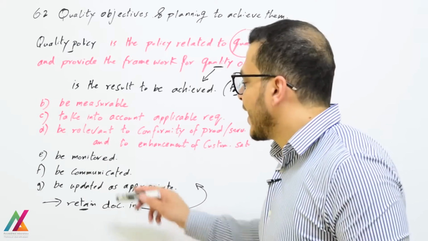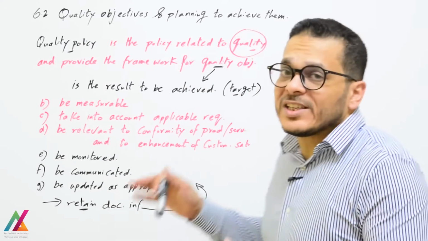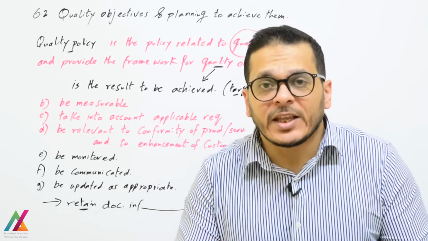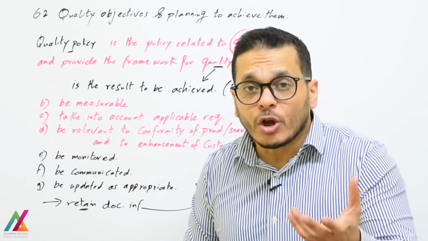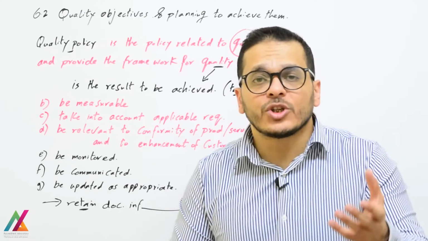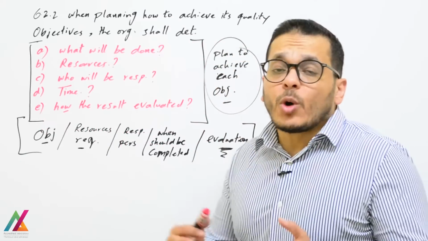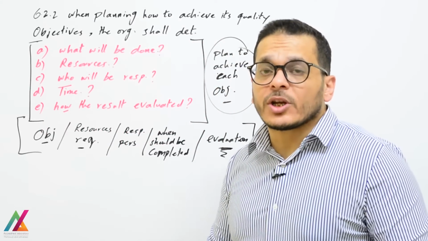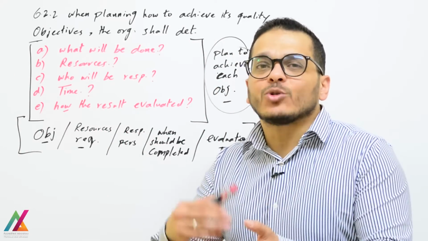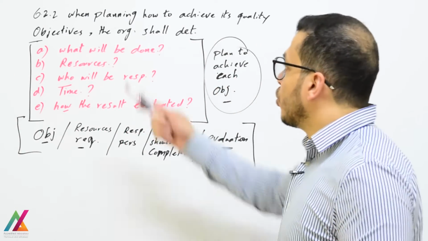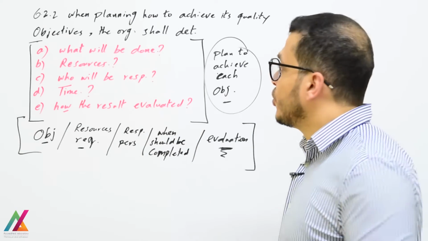And you should retain documented information for these quality objectives, and I will cover in the resources also documented information related to the quality policy and the quality objectives. And to achieve the quality objectives inside the organization, you shall have a plan for how to achieve these objectives. So when planning how to achieve its objectives,